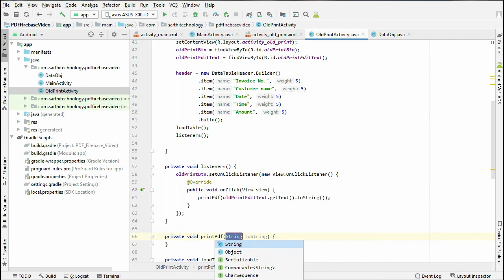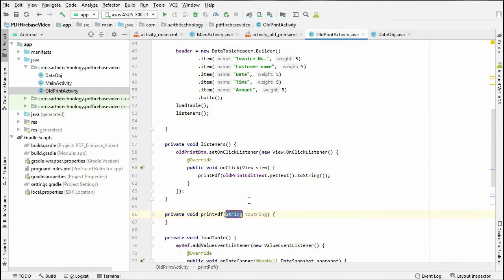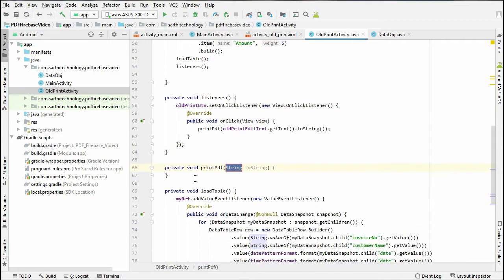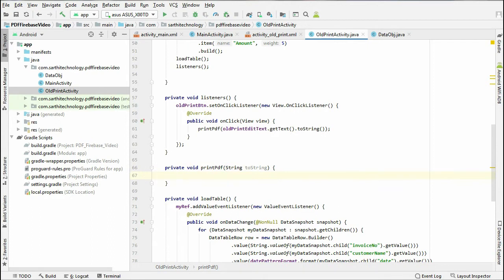Using this we will call the method printPDF with the value that will be given in the edit text. This value will indicate which PDF you want to print as per this invoice number. Enter here, and here we will write the code.